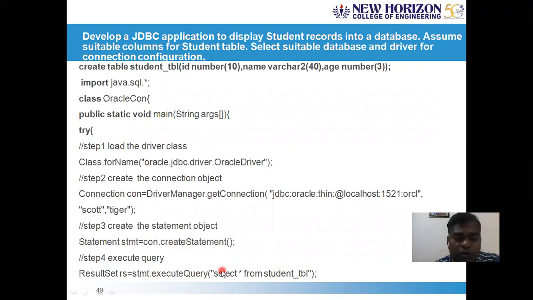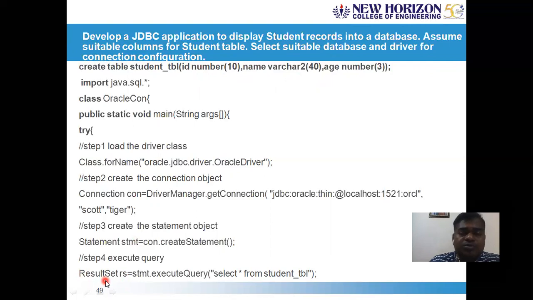Statement.executeQuery of select star from student_table, which should access the ID, sorry, then followed by name, and followed by age. So all the rows will be fetched and stored in the form of a ResultSet object.